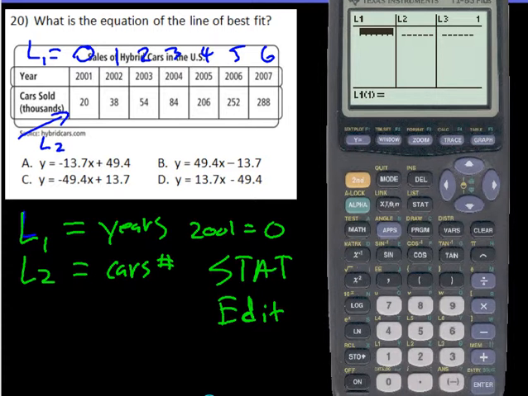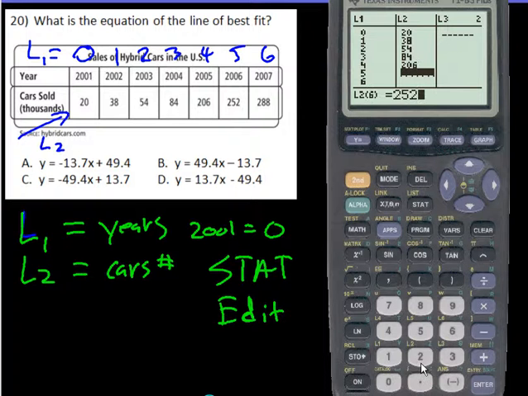And so now I'm just going to put those years in. So over here, it started at 0 and went over to 6. So it's just going to be 0, enter, 1, 2, 3, 4, 5, 6, which means 7 total years, right? Hit enter. And I'm going to go over and put in the data: 20, 38, 54, 84, 206, big jump there,